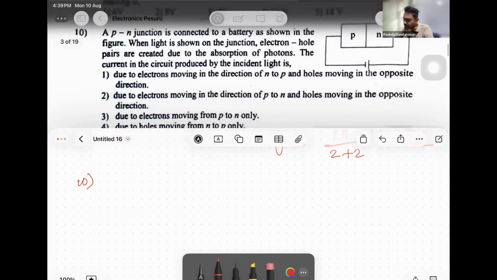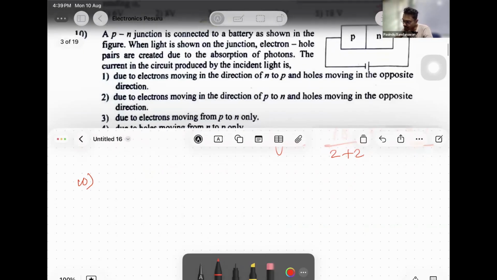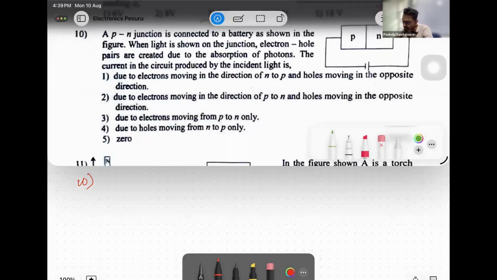10. A PN junction is connected to a battery as shown in the figure. When light is shone on the junction, electron hole pairs are created due to absorption of photons. The current in the circuit produced by the incident light is